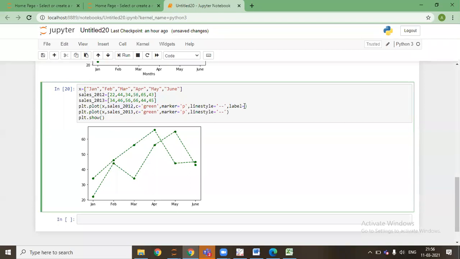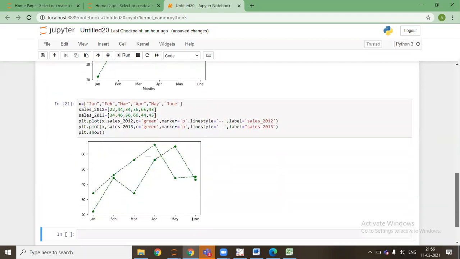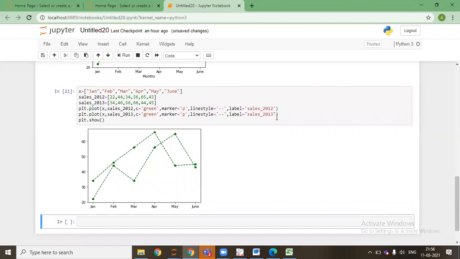Well, say 2012. Here I say label equal to sales 2013. If I run that, for this I need to show the legend as well, as it won't work.